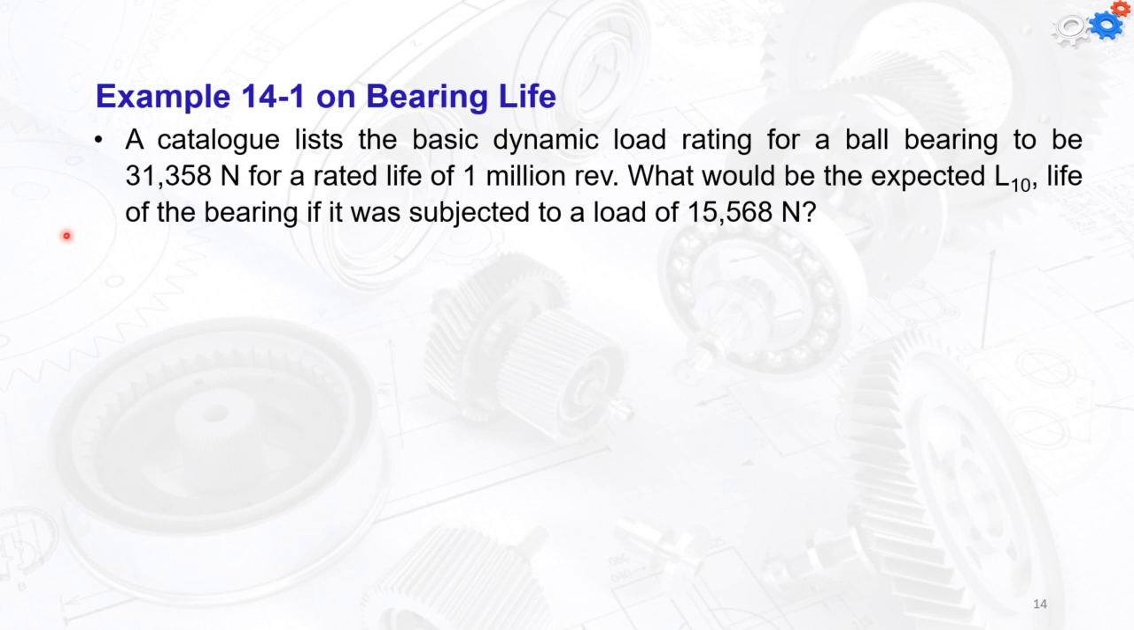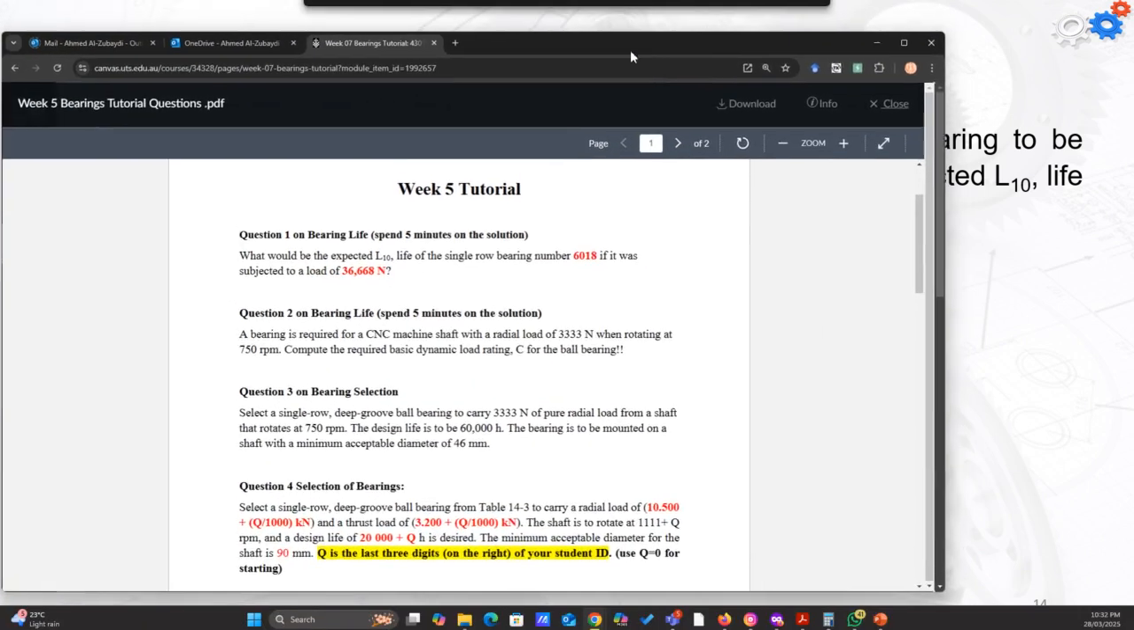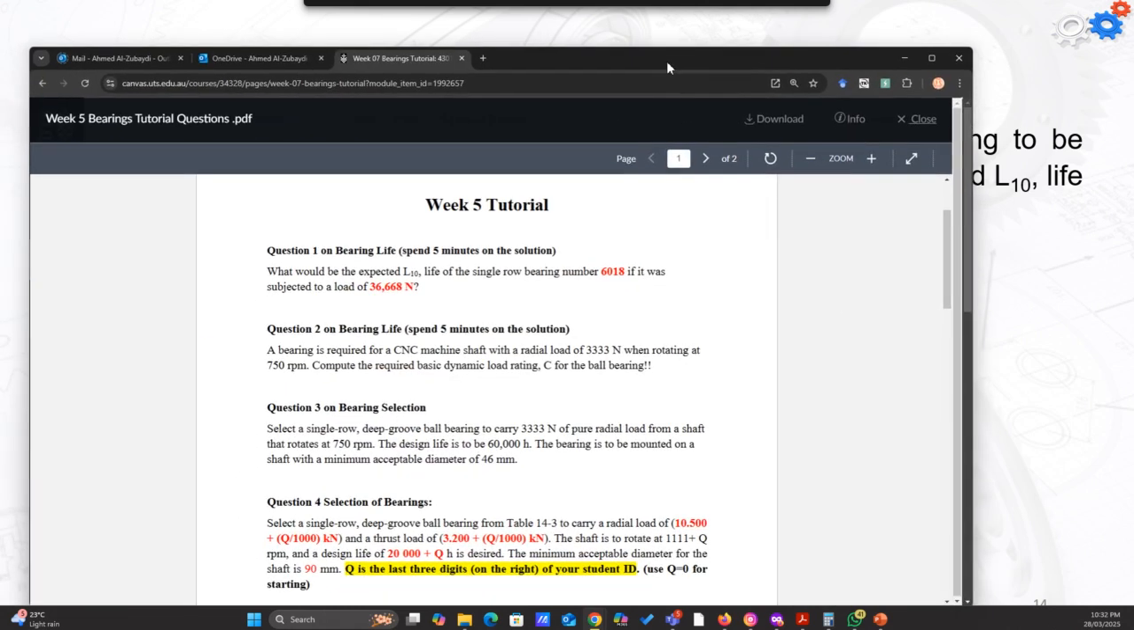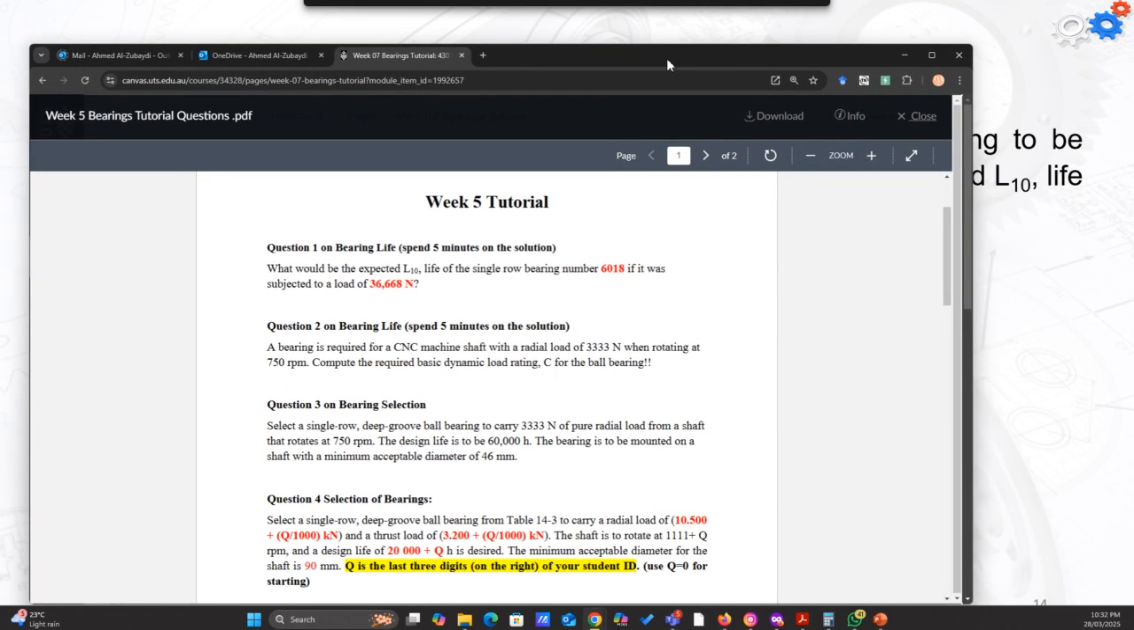The first example is the one that we had on the question sheet here. Something similar, just do it based on this example. Just write down the numbers here. We have 6018 as the type of the bearing, and the life we have here is